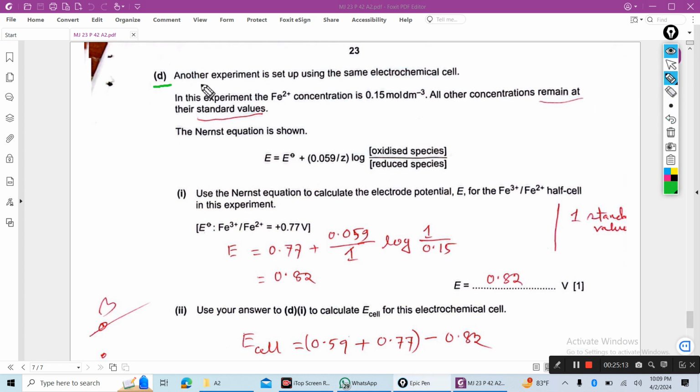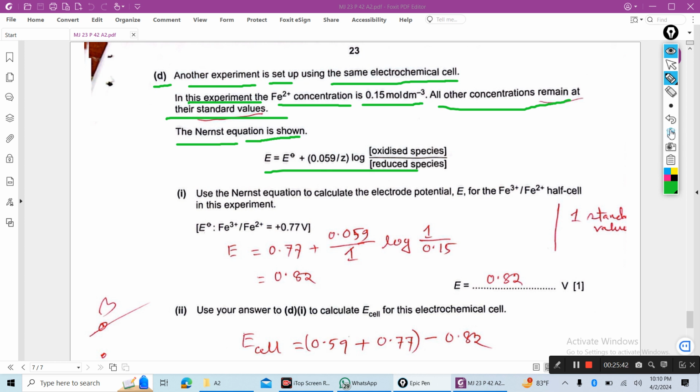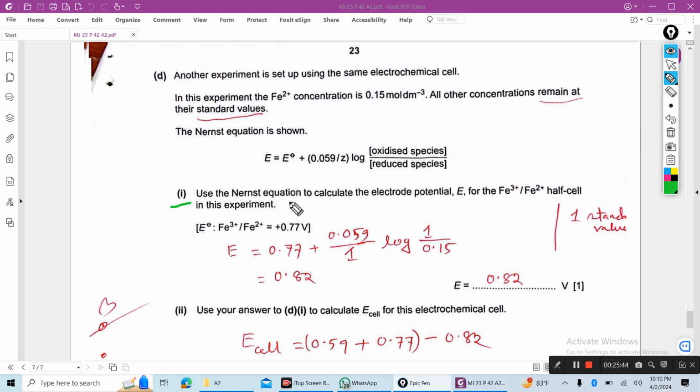Now number D. Another experiment is set up using the same electrochemical cell. In this experiment, the iron 2 ion concentration is 0.15 mole per dm cube. This is not in standard condition. All other measured concentrations remain at their standard values. The Nernst equation is given. So number 1, use this equation to calculate the electrode potential E for the iron half cell in this experiment,